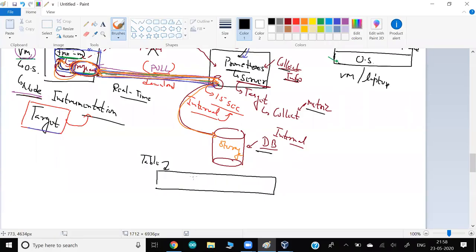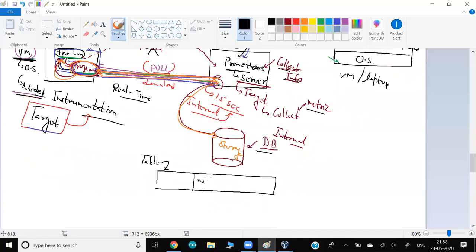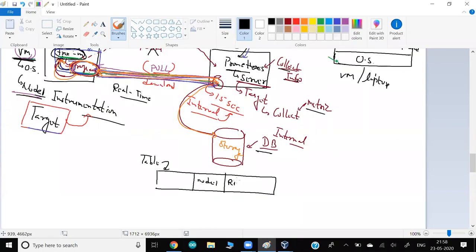So what it stores is something like this: I went to this particular VM, let's say this VM is node 1. I went to node 1, and I collected the current memory information, the current RAM, how much RAM is free. But I also know the time, because I am the one who collected it, so I know what time I collected. So they store the exact time here too, at what time it was collected, because this is real time.